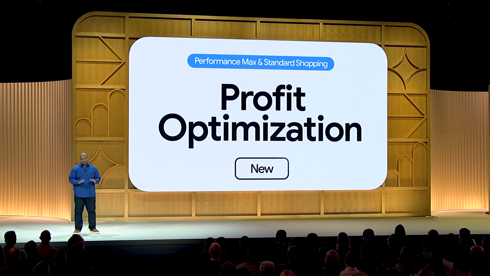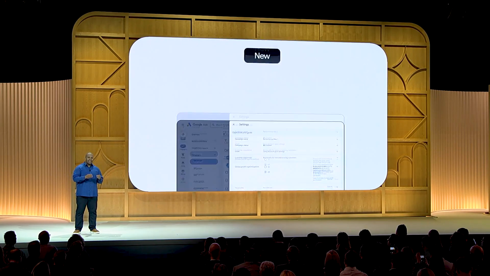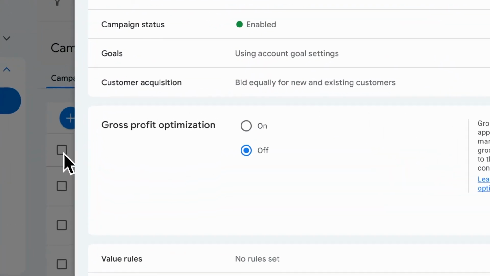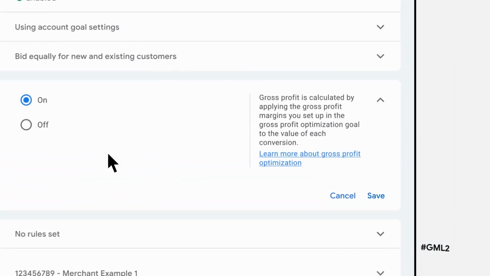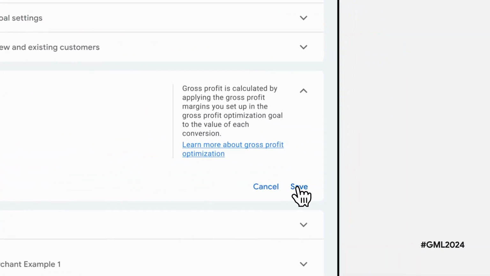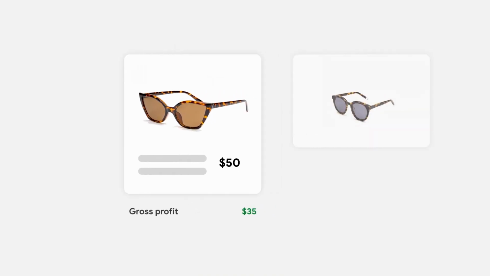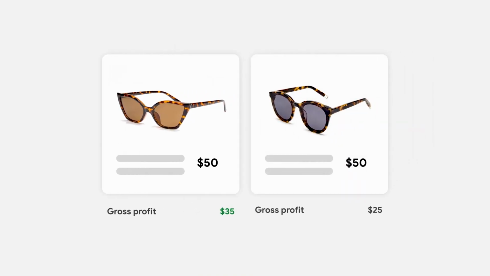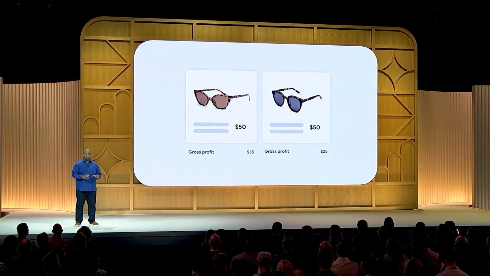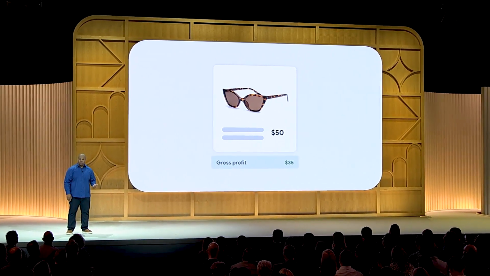Profit optimization. What we're doing is we're making it officially a new goal for Performance Max and standard shopping campaigns. So here's an example. Let's say you have two pairs of sunglasses. They both retail for $50. One costs $15 to produce, the other costs $25. It'll be easier than ever to use smart bidding to maximize profit with data from your cart level conversions or